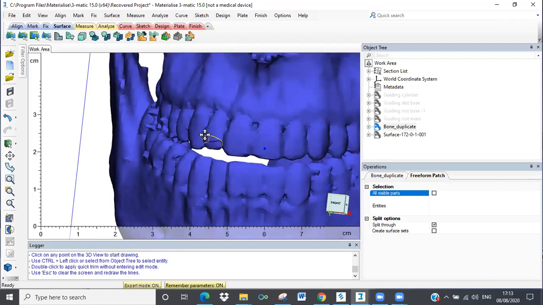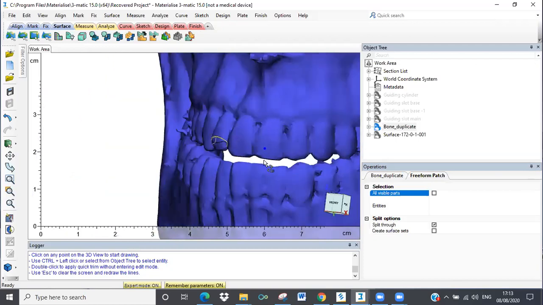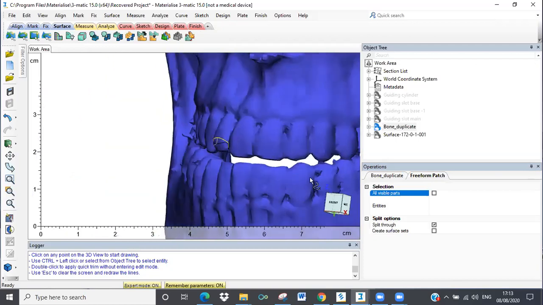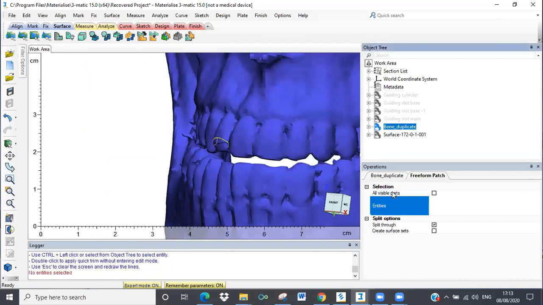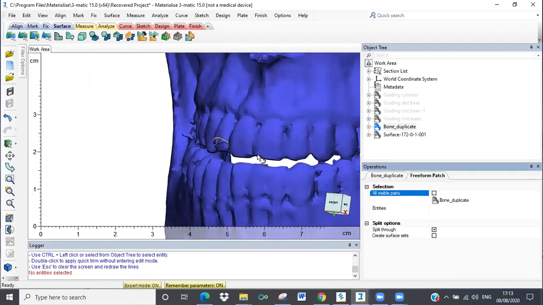So let's assume we want to create a maintainer between these two. Always first fill in your entity, otherwise it will just not create any surface. And I'm going to create a surface. The same method would be applied for creating a crown, like a full coverage crown over a tooth also. Sorry, I missed some. Full coverage crown.